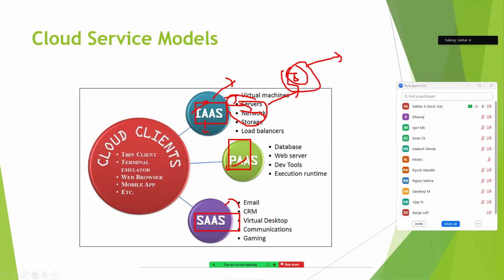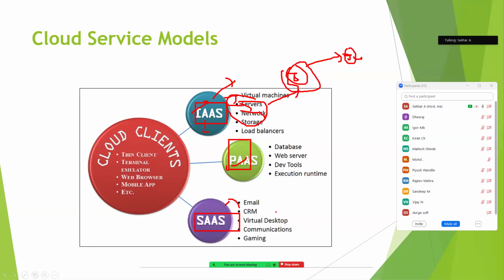On top of it, if you would like to install Java, then you have to set up an environment to deploy a Java application. Suppose I would like to deploy a .NET application. I have to install and configure the frameworks, the add-ins, and the relevant software on top of it, and deploy the application. That part we have to take care of when we go for infrastructure as a service.